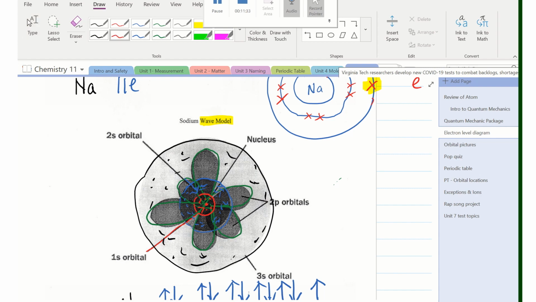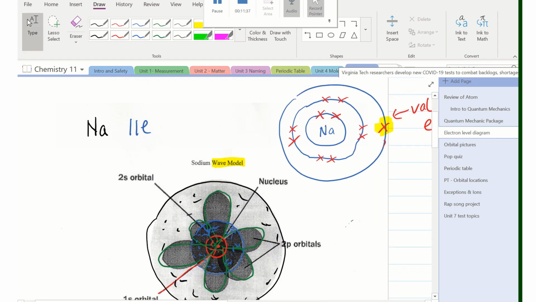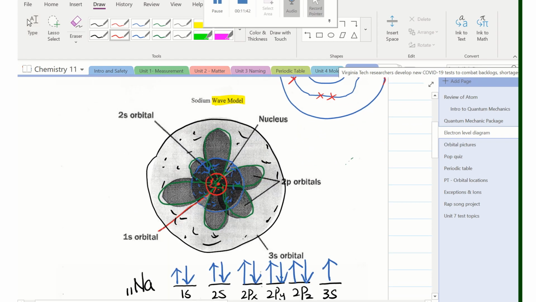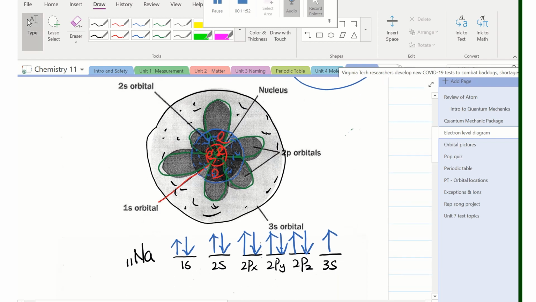So I'm going to fill in 2 electrons in the 1s orbital. Just like the first ring has 2 electrons here, I can fill in 2 electrons here. Exactly where they are, you don't know. And 2s maximum holds 2, so somewhere here. And px, py, pz, each one of them can hold 2. So I put 2 here, 2 here, and 2 here.